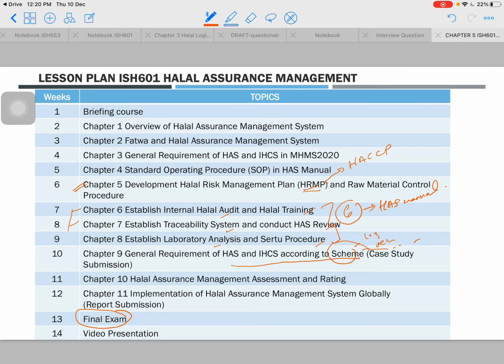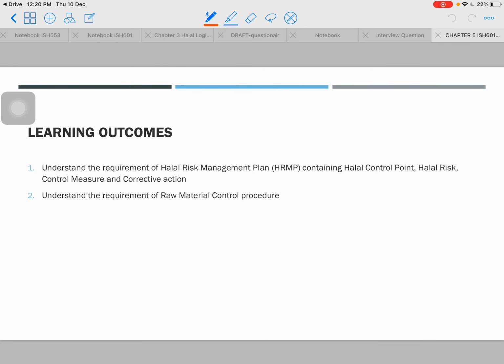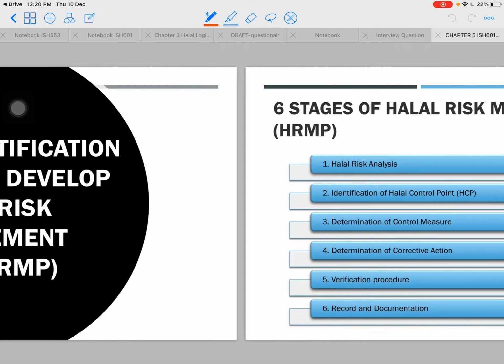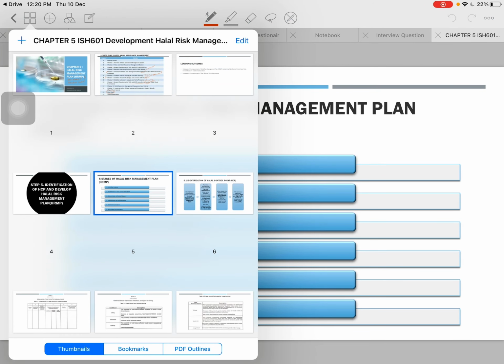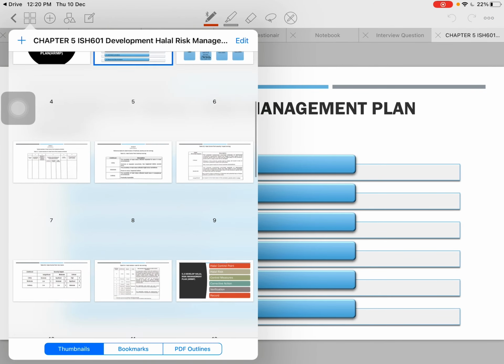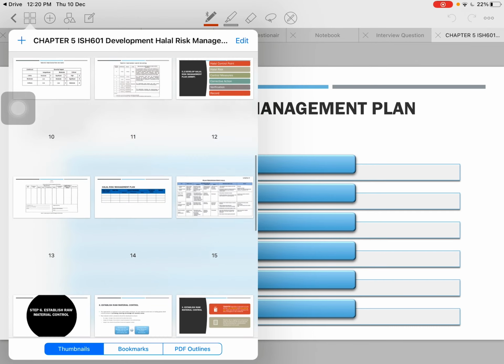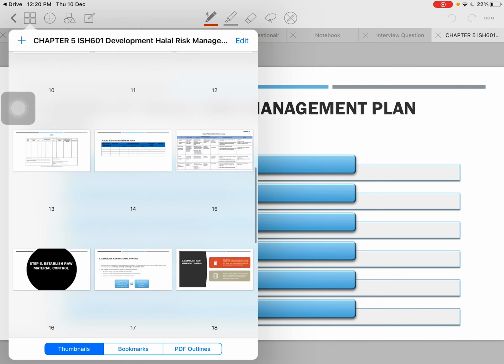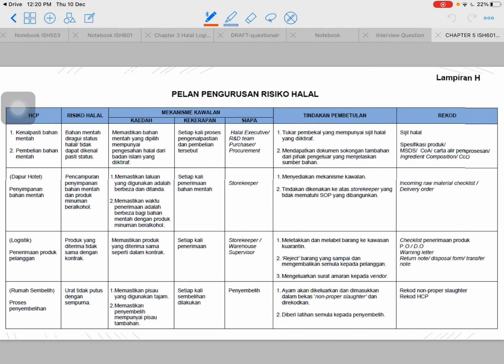Okay. Alright, so this is the slide of HRMP. I go jump to the, yes. So last week is until here, the example of the halal risk management plan